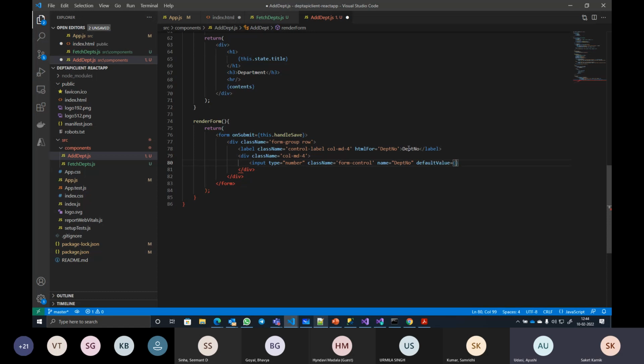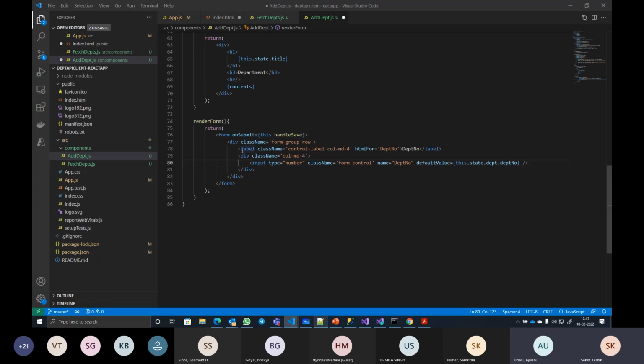Default value will be an expression where I retrieve the value from state, this.state.departmentNumber. That's my UI. Right now I'm not creating any UI for validations.